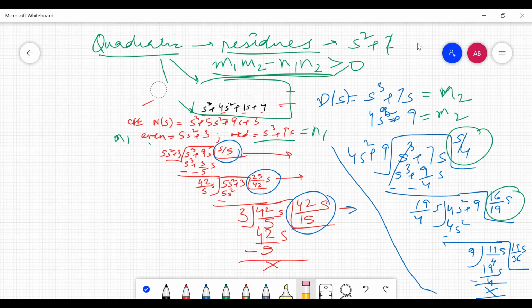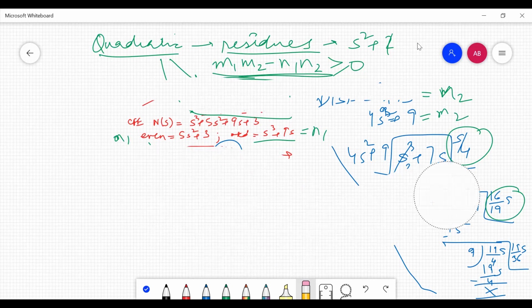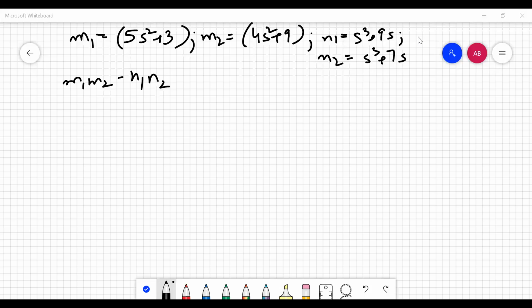So now I am just going to rub it here and put it in that equation. Let me write it again, and then I am going to carry out my next step. Now I have written all the even and odd terms of the numerator and denominator, and named them m1 and m2 for the even ones of the numerator and denominator respectively, and the same for the odd terms. Now we are going to put them in this equation, and then calculate the value in terms of j omega.